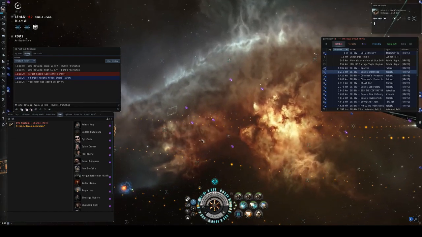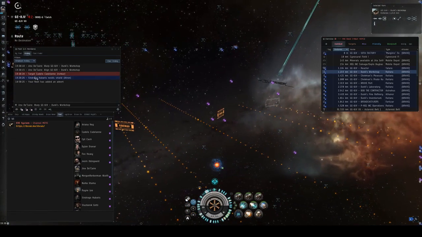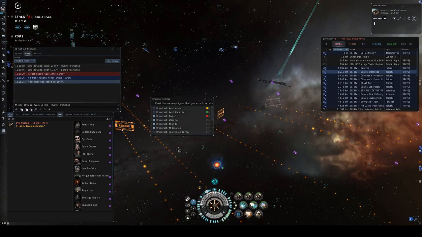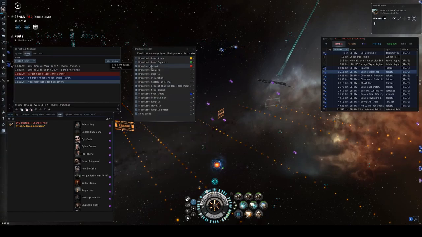So one thing, if you're on the video, you can see that I have my fleet broadcast history colored, and so I'm going to help you guys set that up. So go ahead and hit the hamburger menu on the top left of the fleet window, top left corner, and you're going to go to broadcast settings. And here you're going to want to have broadcast target, broadcast warp to, and align to, definitely those selected. And then if you go down to broadcast need shield,